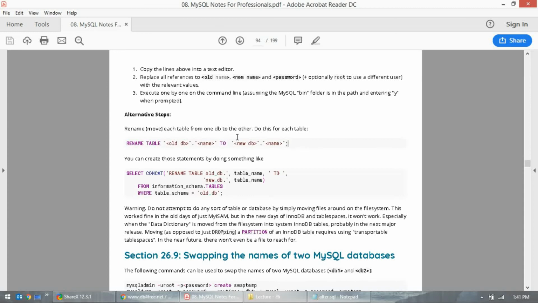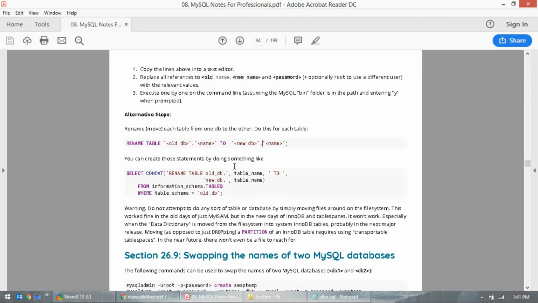And if it's a different database system, these queries go beyond your understanding. Let's say you're using Teradata, how can you move old database tables into a new database? So this is only for MySQL.